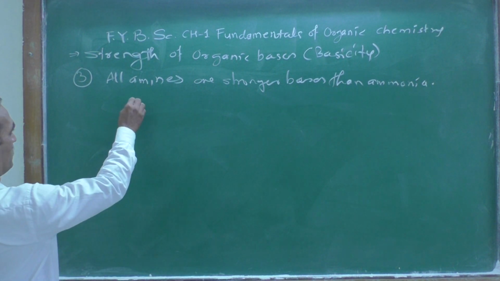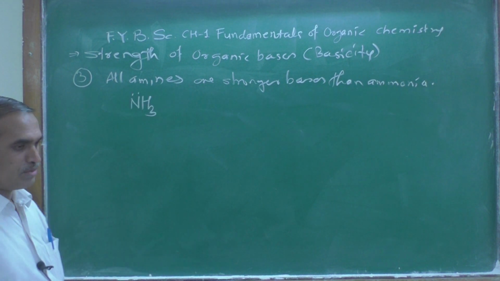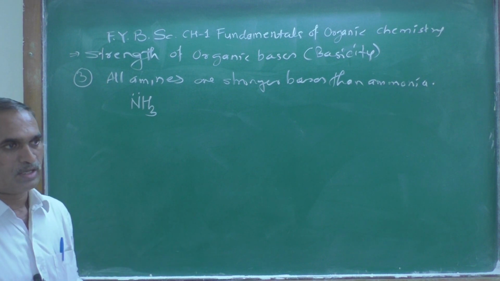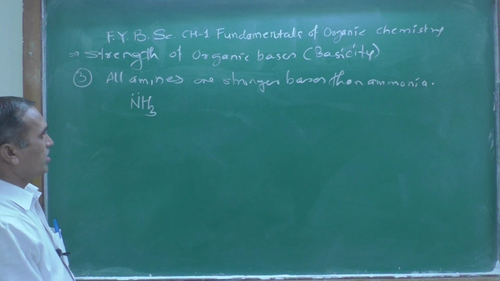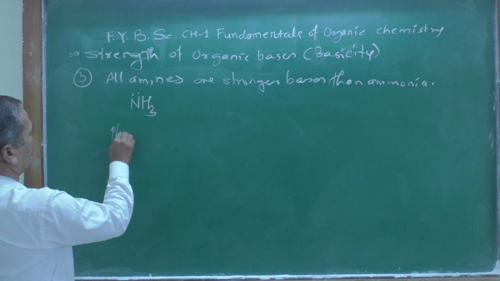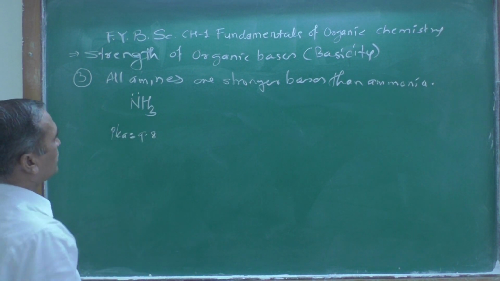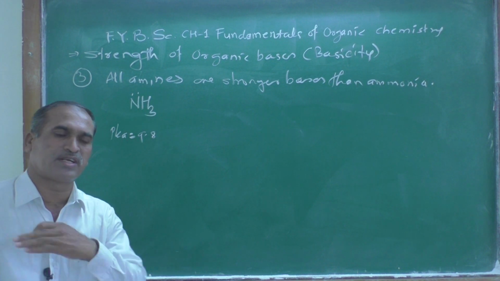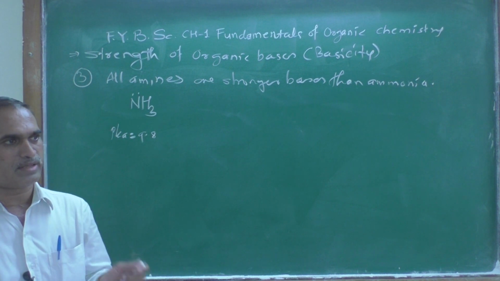What is the structure of ammonia? This is the structure of ammonia, NH3. The nitrogen atom always contains a lone pair, capable of donating it, and therefore it acts as a base. Ammonia is a base, and its pKb value is found to be, I think, 9.8 something, right? Now all amines, here we are going to consider the general amines: primary amine, secondary amine, and the